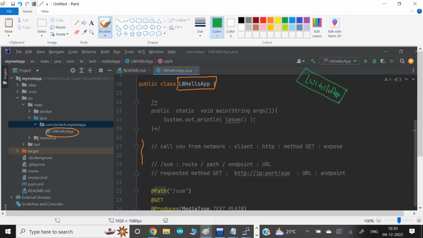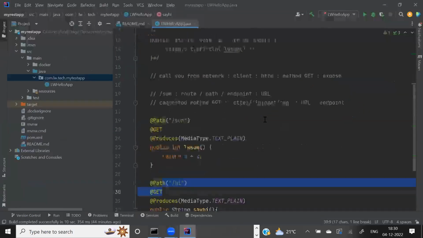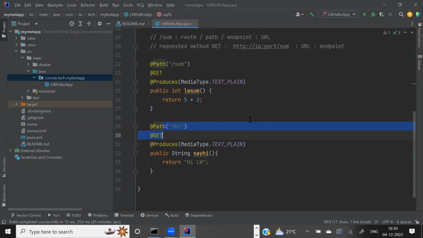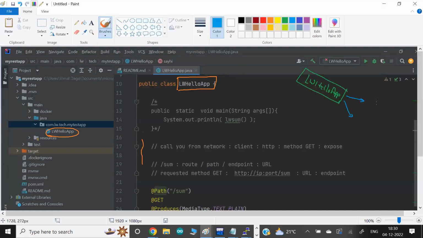The same thing. We run this. But in this binary or this class file or this executable file, we have 2 functions. One function is LWSum, and one is say hi.